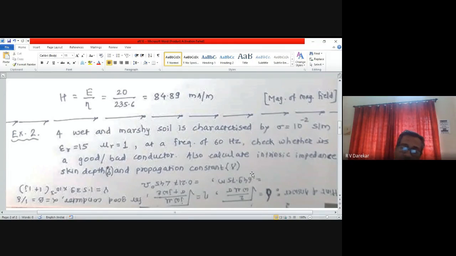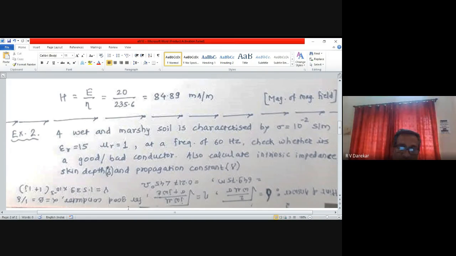From where did this formula come into existence? Yes, it is similar to the previous formula. The only difference is that here they have given the value of sigma. Initially, we were considering sigma as 0. Instead of that 0, they have provided the value of sigma as 10 raised to minus 2. That value is required to be substituted, and the answer is to be calculated. After solving, you have to check whether the answer is correct or incorrect.